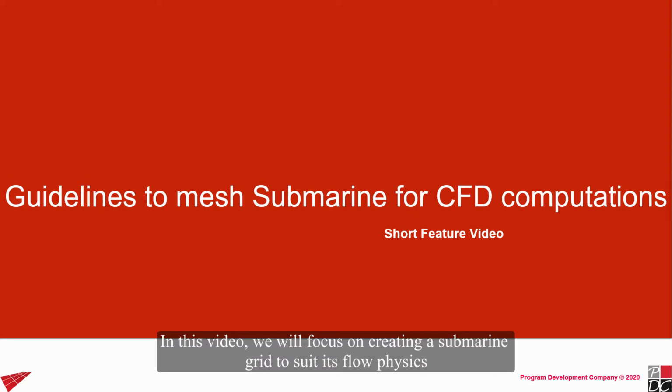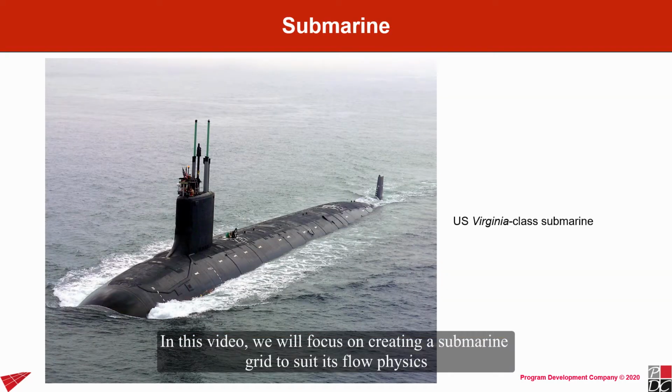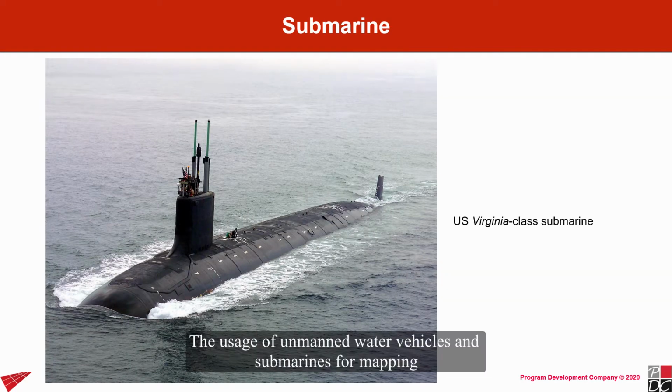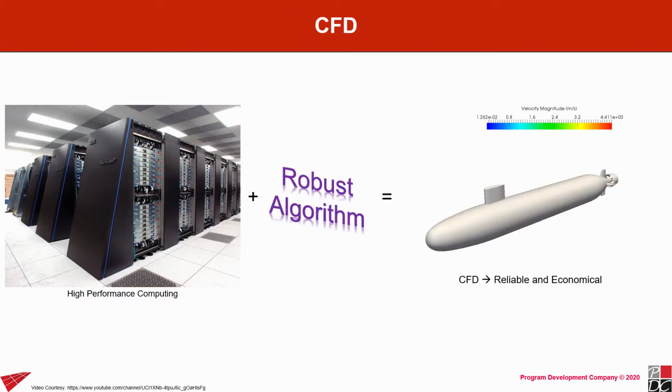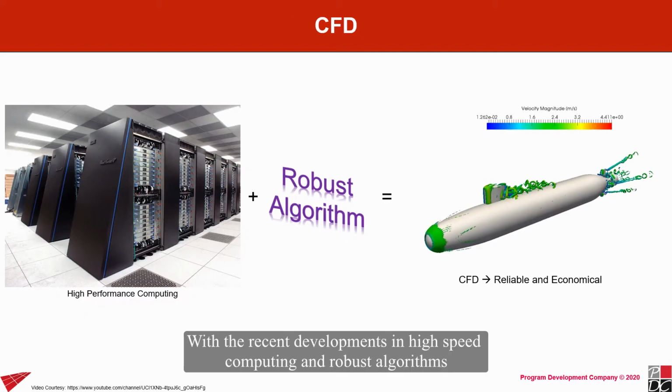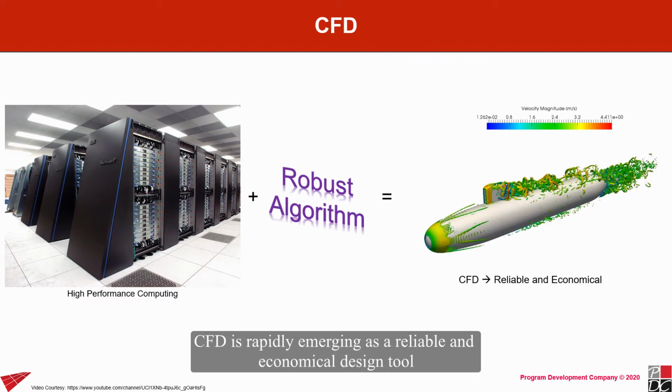In this video, we will focus on creating a submarine grid to suit its flow physics. The usage of unmanned water vehicles and submarines for mapping, intelligence and other applications increased significantly over the time. Until recently, the design process mostly relied on the traditional methods. With the recent developments in high-speed computing and robust algorithms, CFD is rapidly emerging as a reliable and economical design